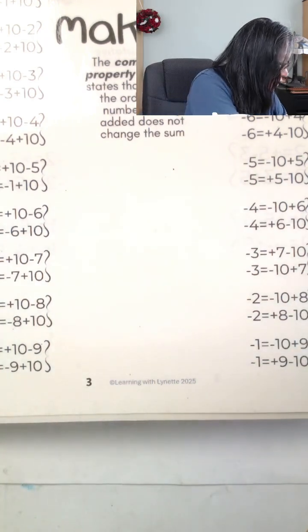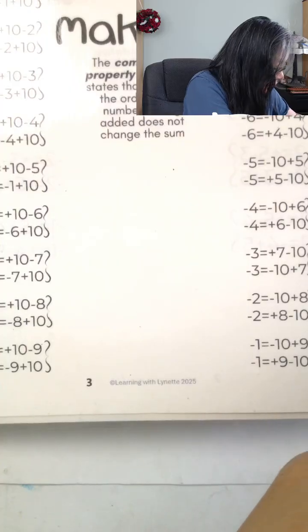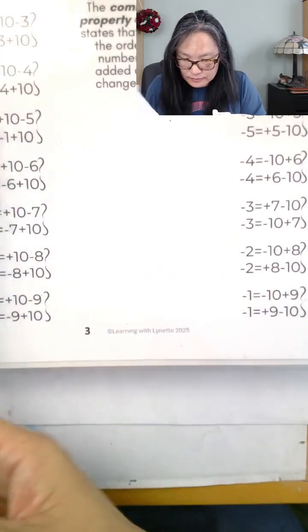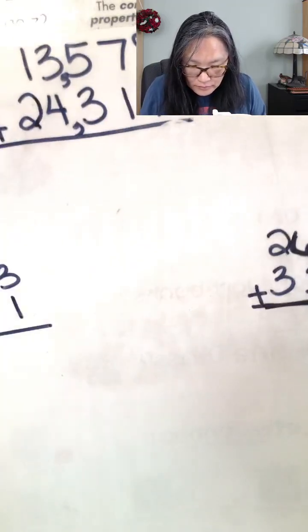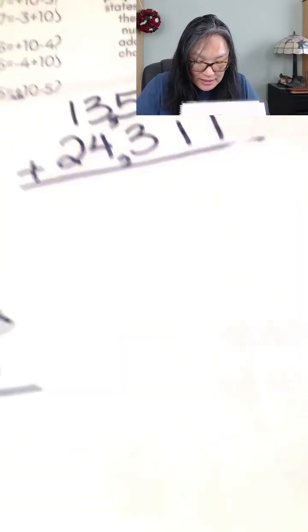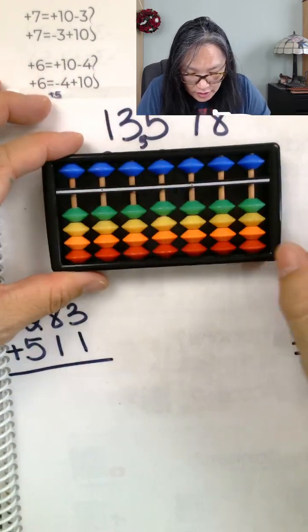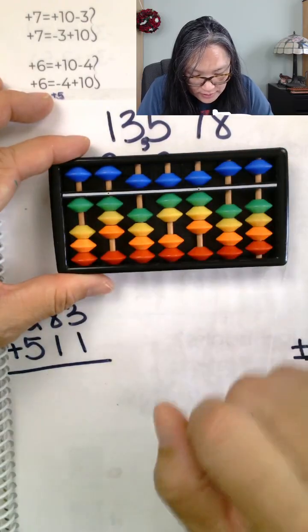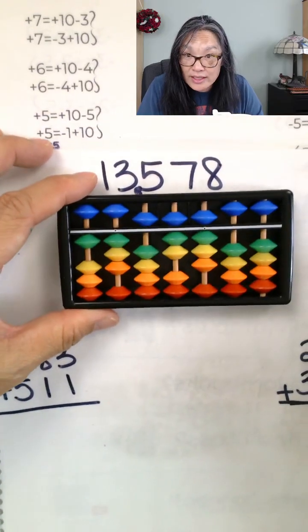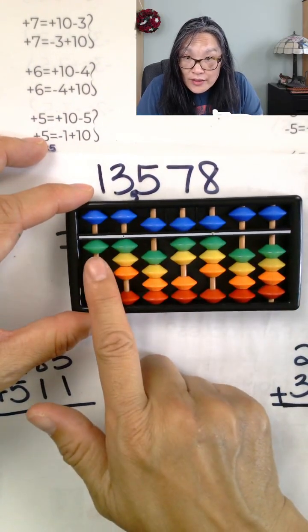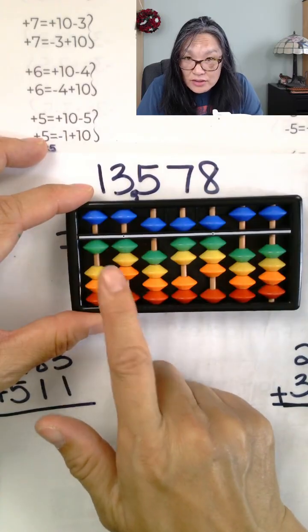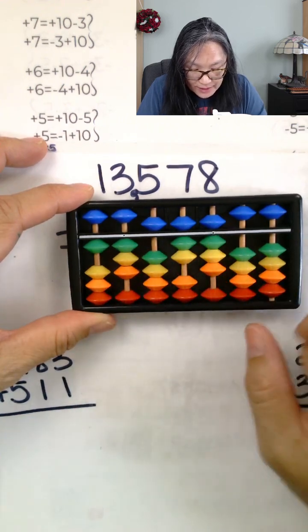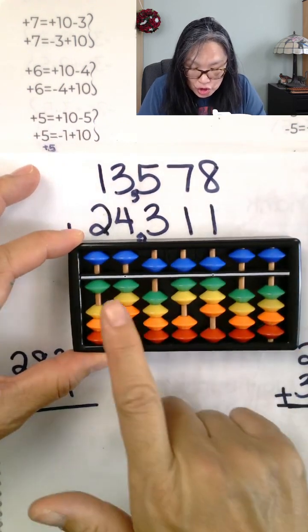So let's do a question. Let's do a bigger question. So this number is easy. How do I know? Because if you look, I have 3,578. Then what are we going to do? We're going to add